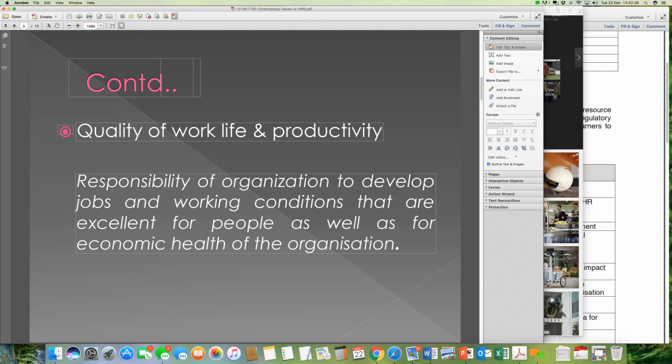So it is one of the responsibilities of the organization to be able to keep developing the job and the job role, and also provide working conditions that are excellent or more conducive for the persons to work within the organization. That means the employee does not feel like I should leave the company. They want to grow with the company. They want to take on more responsibility, and obviously look at more work, but also be able to produce